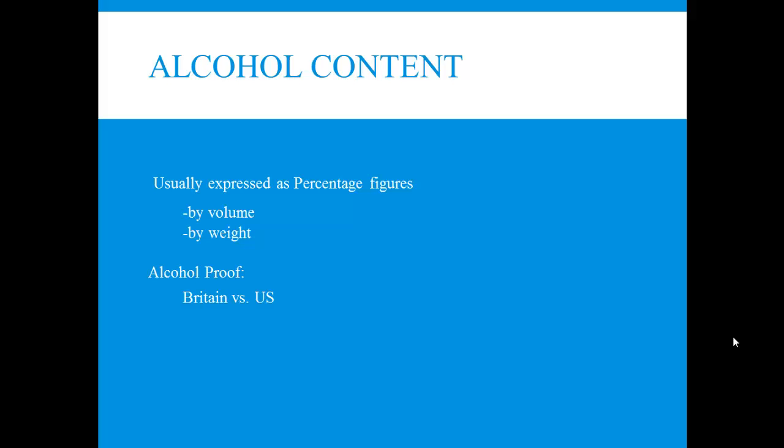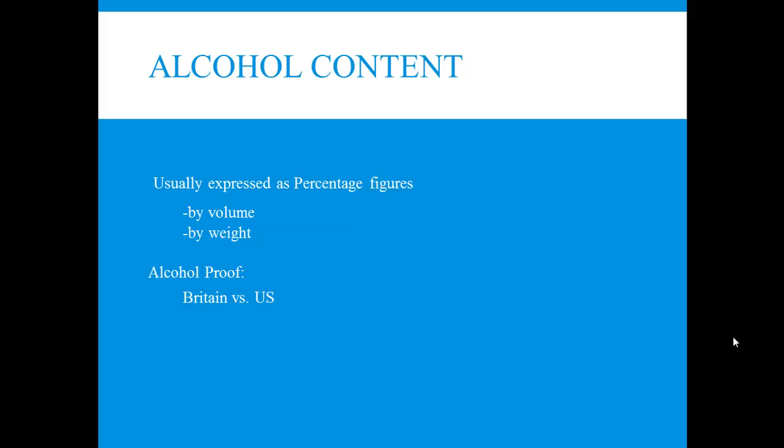So if you have the opportunity to look at the side of a bottle of wine, a wine cooler, a beer can, or a bottle of liquor, then sometimes you're going to see percent volume, or you're going to see percent weight volume. Okay, now why do we have these two things? These two things could yield differences in the alcohol content of a solution.